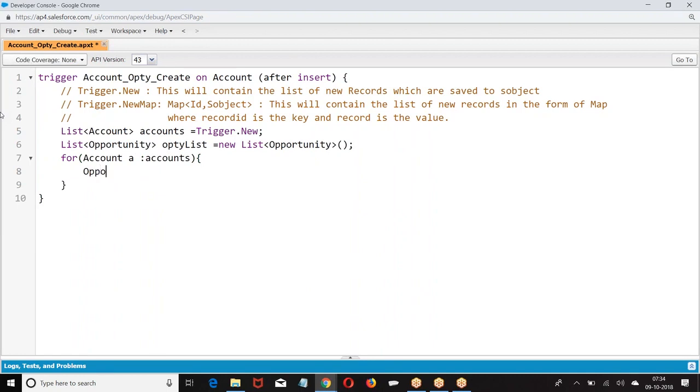What I'm doing, creating an opportunity. Opportunity OP equals new Opportunity.